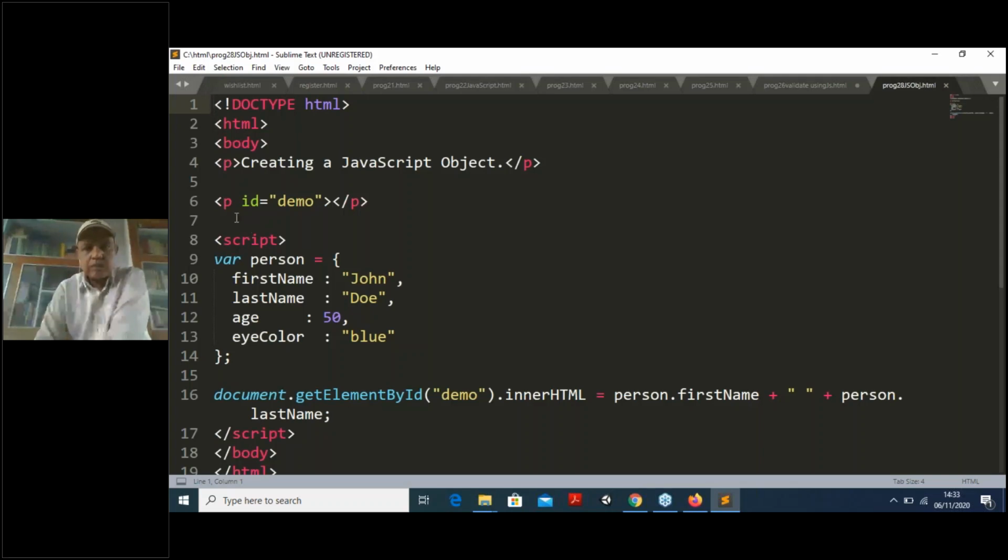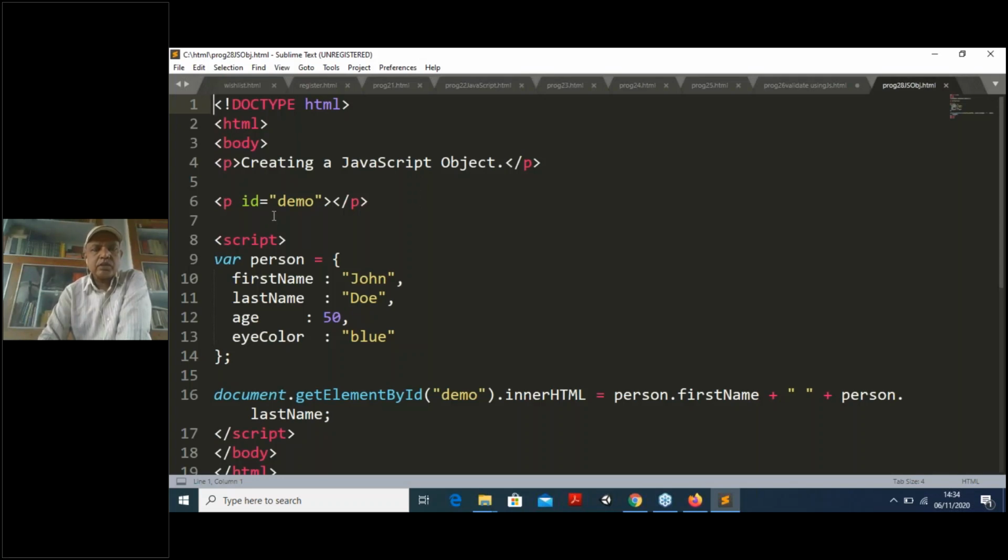It's clear. Now how do we create all the things here? Inside the body I am creating a paragraph, creating a JavaScript object. This is very important for you who are trying to learn JavaScript especially and use this JavaScript also. They must know the concept of how to create an object inside JavaScript. I already discussed that JavaScript is not Java, and it is not like the object oriented languages. The concept of class and object is not like that, but still we are giving the same availability of object here for this JavaScript.